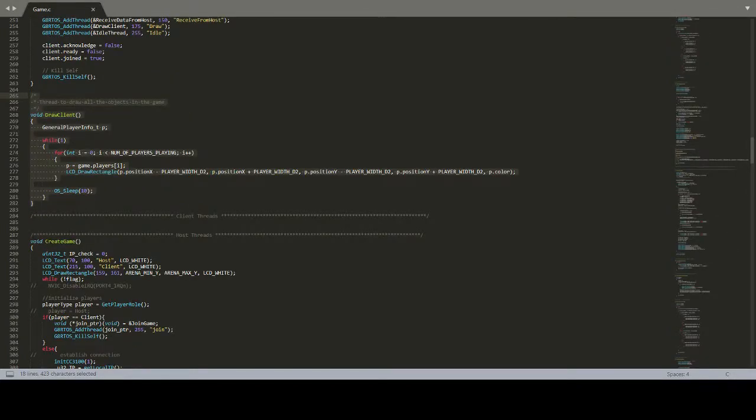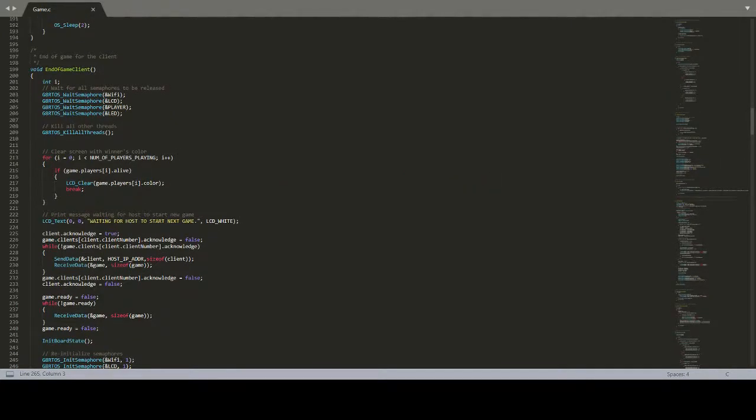Draw client will draw the position of each player on the client's board. If a player is dead, its position doesn't become updated, so it's just drawing in the same spot over and over. To ensure that we don't skip over spots, the draw client thread will run multiple times before the position even updates. End of game client will wait for all the semaphores to be released, kill all the other threads,